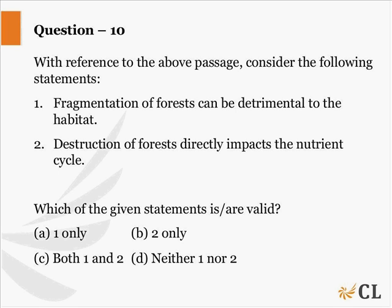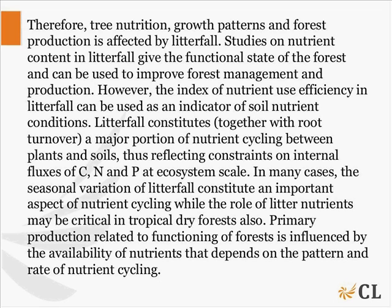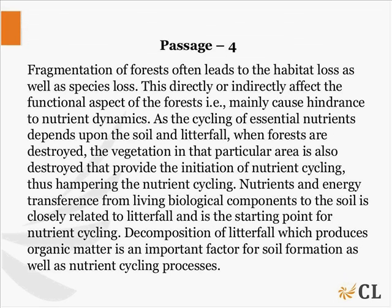सेकंड है डिस्ट्रक्शन ऑफ फॉरेस्ट डायरेक्टली इंपैक्ट्स द न्यूट्रिएंट साइकिल। ठीक है, तो मुझे करना क्या है, पूरे पैसेज में देखना है मुझे न्यूट्रिएंट साइकिल कहां पे है और उसके ऊपर क्या असर पड़ रहा है। तो न्यूट्रिएंट साइकिल में ढूंढना स्टार्ट करता हूं तो मुझे कहीं दिखता है ये रहा। इनिशिएशन ऑफ न्यूट्रिएंट साइक्लिंग, उसके बाद है कहाँ पे, फिर नीचे यहाँ पे न्यूट्रिएंट साइक्लिंग, ठीक है। इन सब जगह न्यूट्रिएंट साइक्लिंग है। आगे भी निकल देख लेता हूँ यहाँ न्यूट्रिएंट साइक्लिंग का क्या जिक्र हो रहा है।